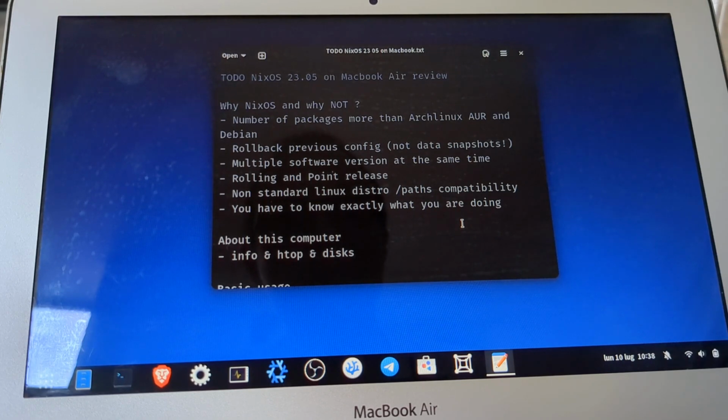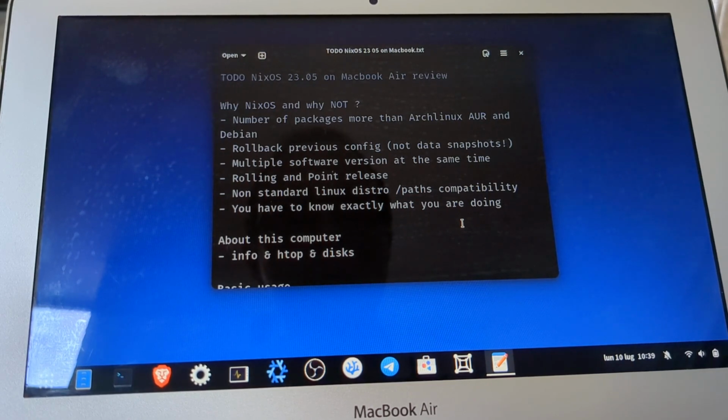It's a Linux operating system that you can roll back to the previous configuration, and I mean configuration, not data. So if you want to save your data, it's better to do it in another way, but you can easily recreate a configured Linux system in very little time.